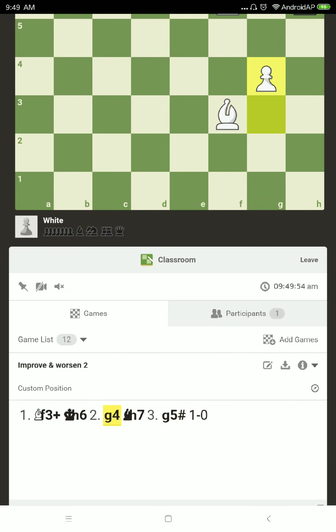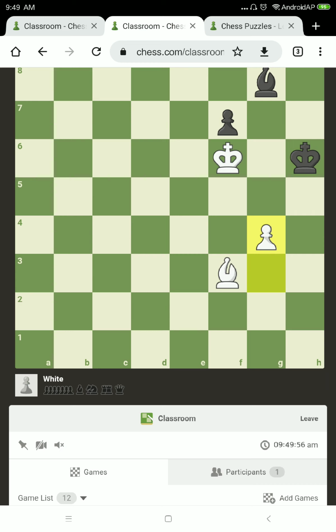Yes, and so black has only one option: just move king h7 and block their own bishop more and more. So you see how white played and worsened the position of this piece. Yes, and white can simply play g5 and improve their position, getting more space, and there is only one move for black now, king h8. But here again bishop e4, and